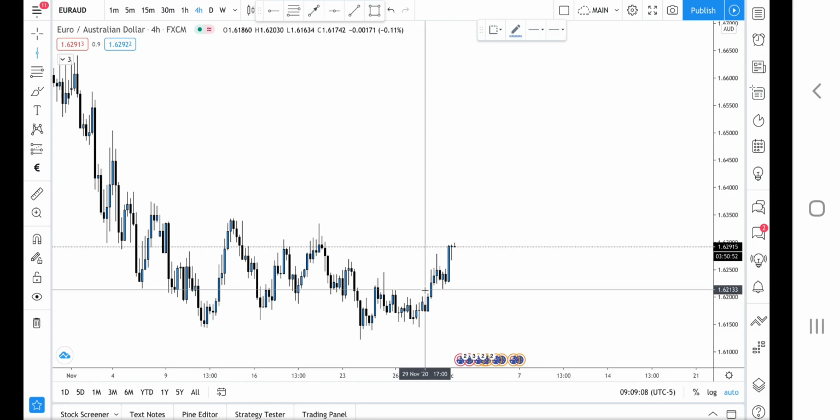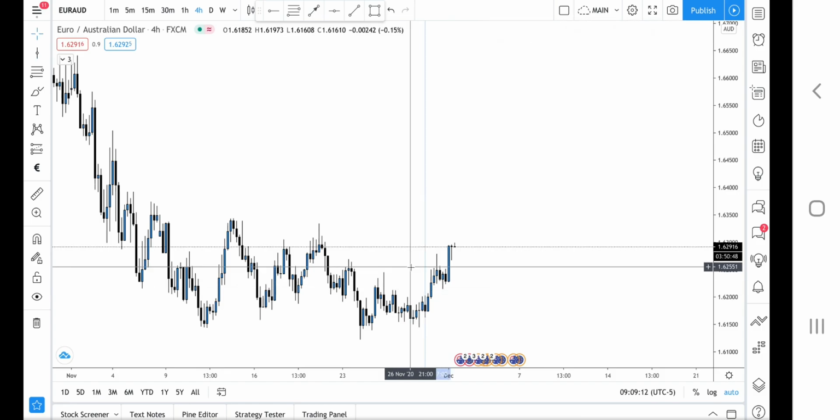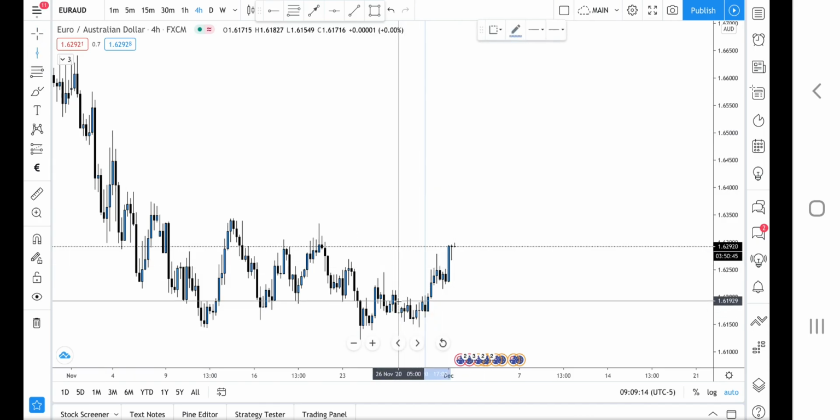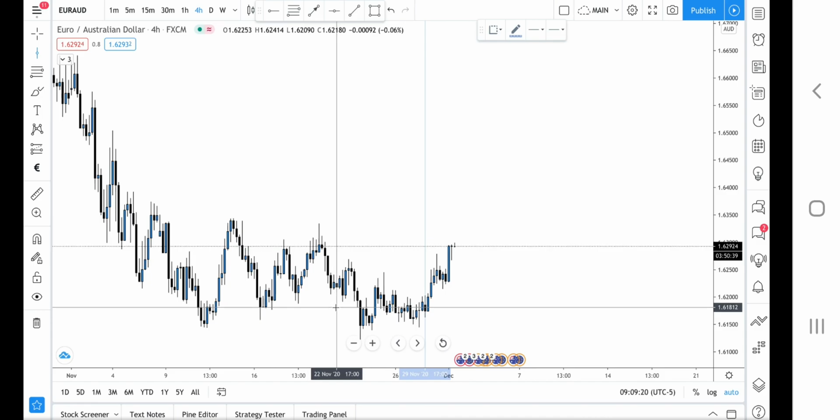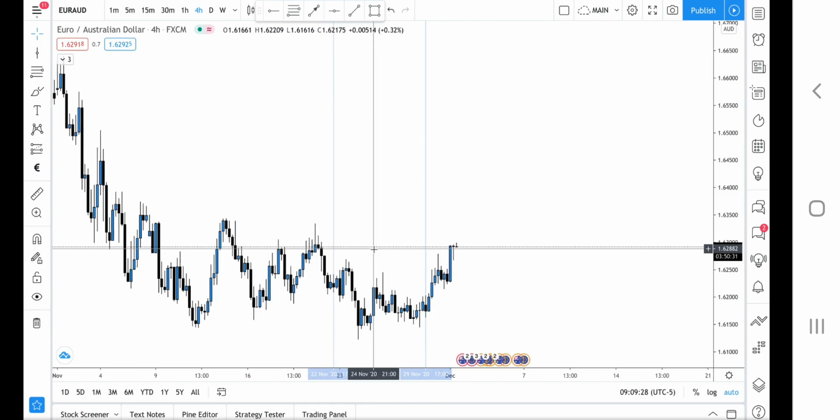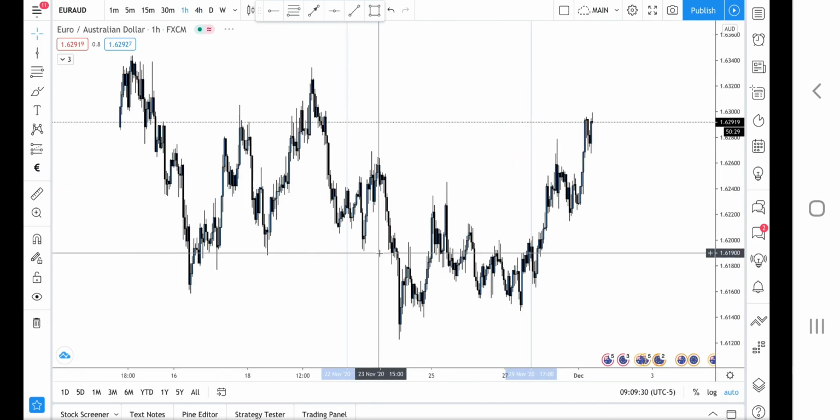We see here, we go from the 27th to the 29th. Run it back through again, 25th, 24th, 23rd, 22nd, 20th. We go from the 20th to the 22nd. So we put that vertical line on the first candle of the 22nd. Now, when you draw out your Fibonacci,